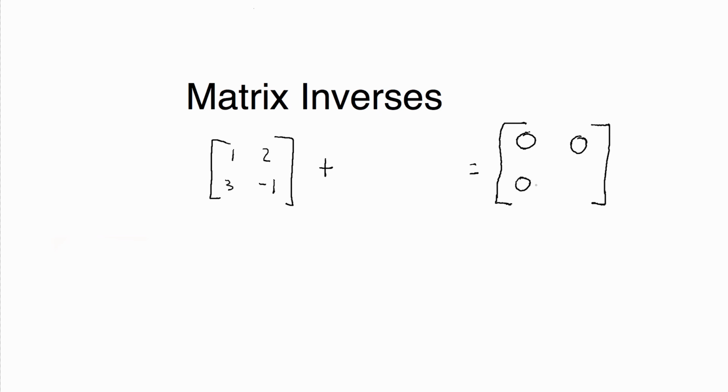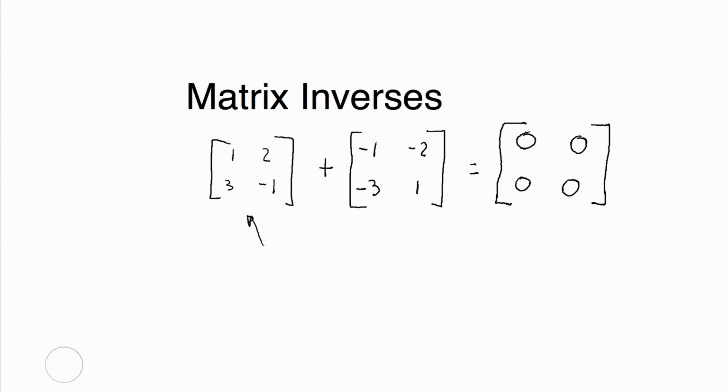Let's take the matrix 1, 2, 3, -1. And now when we say an additive inverse, what we're looking for is something to add to it so that we get back to what we call the zero matrix, which is this matrix, okay? And it's pretty clear what we would put in there. So the additive inverse of this matrix here is the matrix -1, -2, -3, and 1. See, when you add those together, you get 0, the zero matrix. Okay, so that's an important